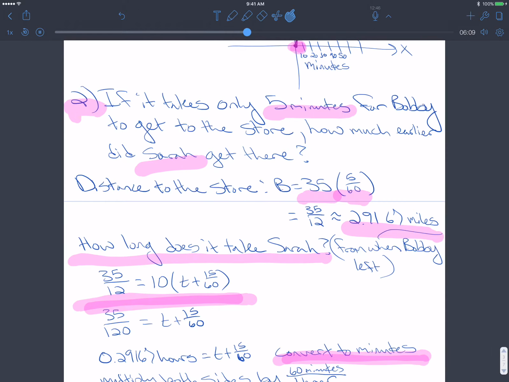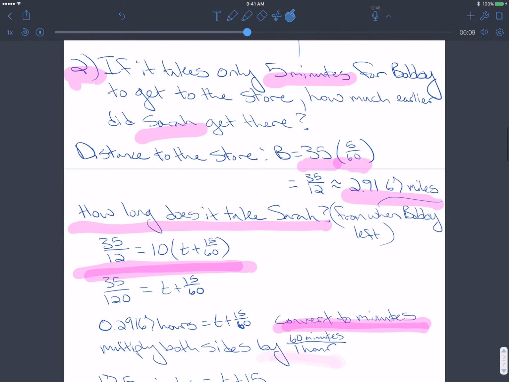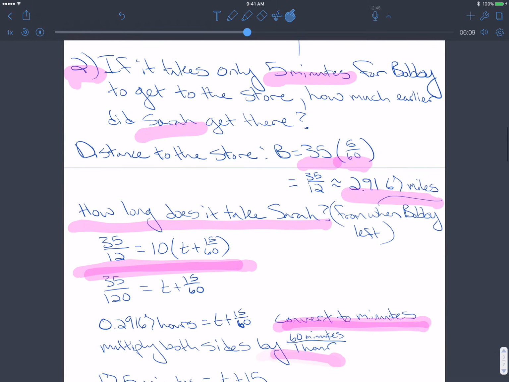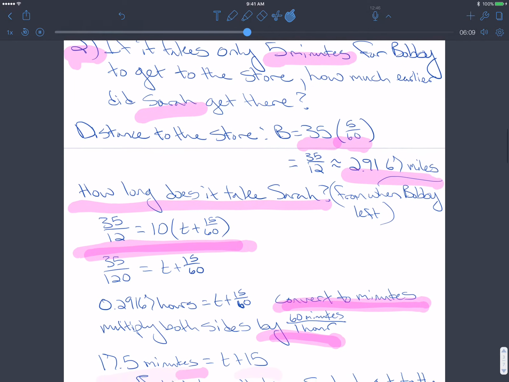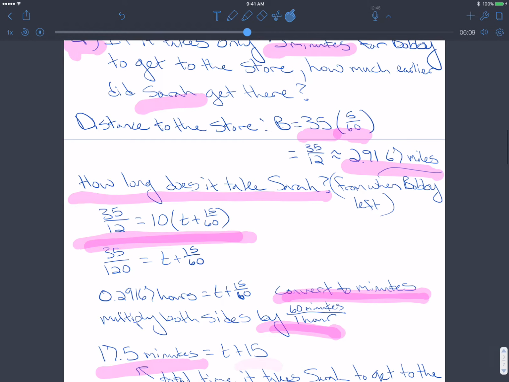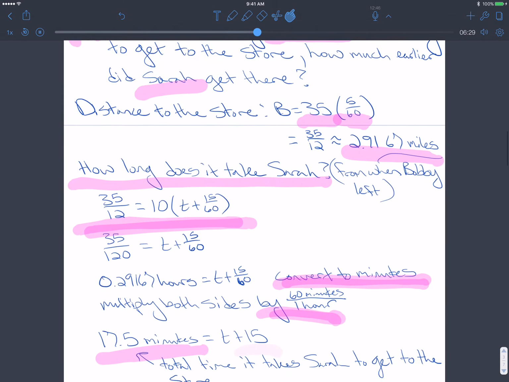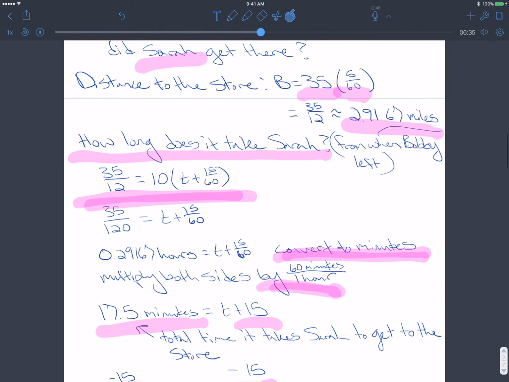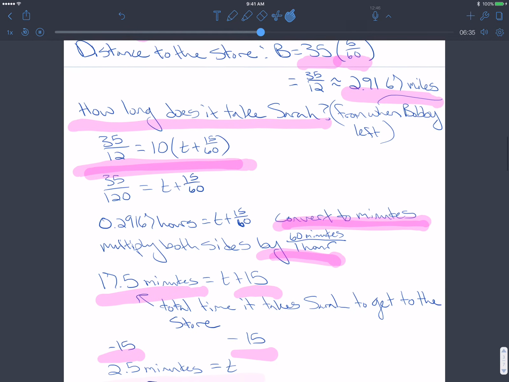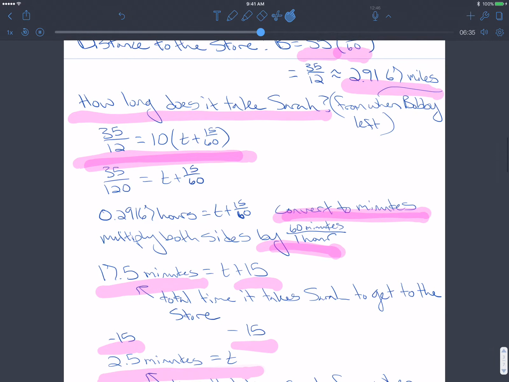And so given that, then I'll multiply both sides by 60 in order to maintain consistency, because there's 60 minutes in 1 hour. And then I have that 0.29167 hours is really the same as 17.5 minutes. So it takes her a total of 17.5 minutes to get to the store, but she left 15 minutes before Bobby, so if I subtract the 15 from both sides, then I see that she will get there in 2.5